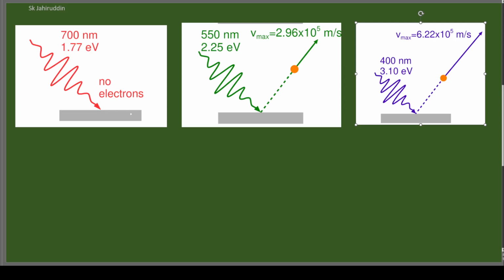So the main observation was that the maximum energy of emitted electrons, measured by the stopping potential or the maximum velocity,